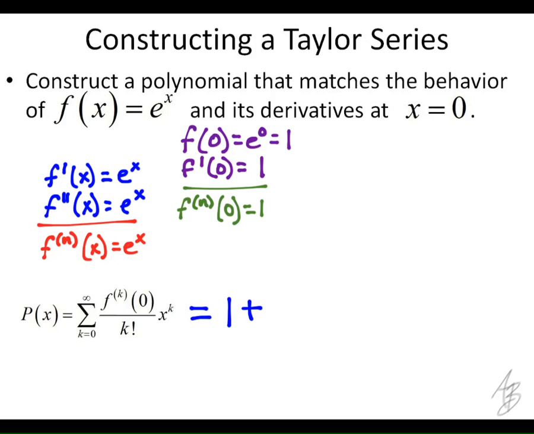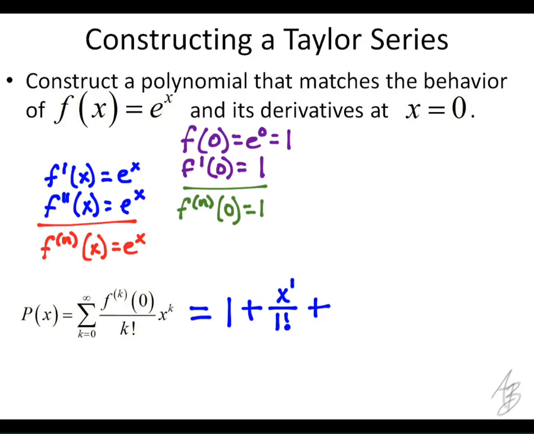We put 1 in for k. So that means that we're going to take the first derivative at 0. What's the first derivative at 0? 1. So we have 1 on top, divided by 1 factorial times x to the first. So we get this, plus, next one,